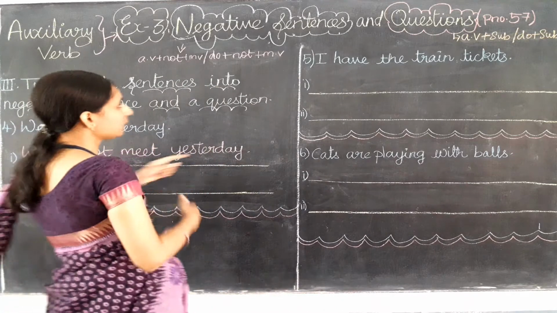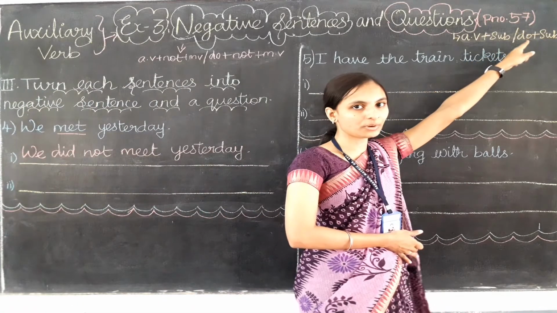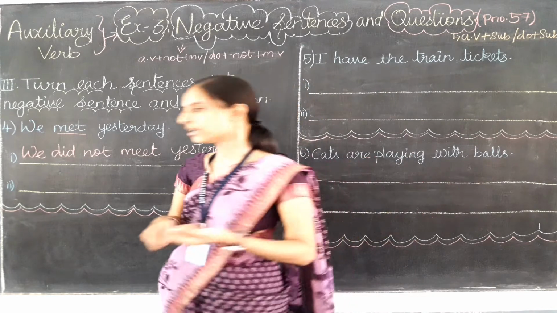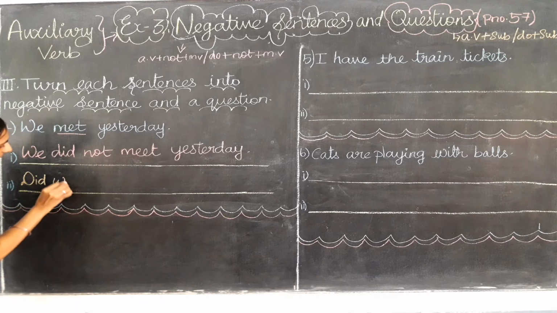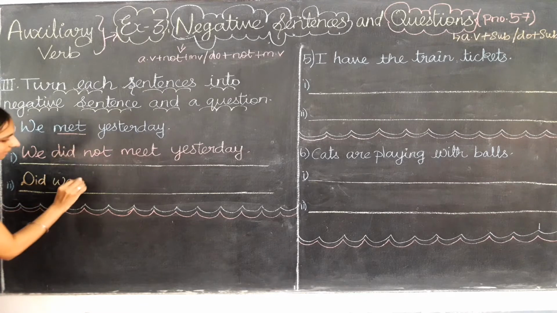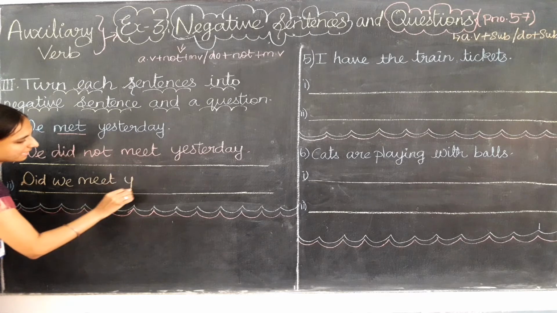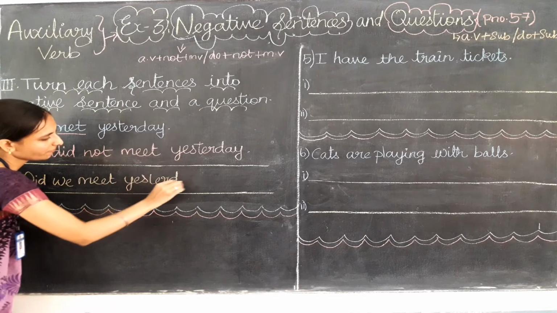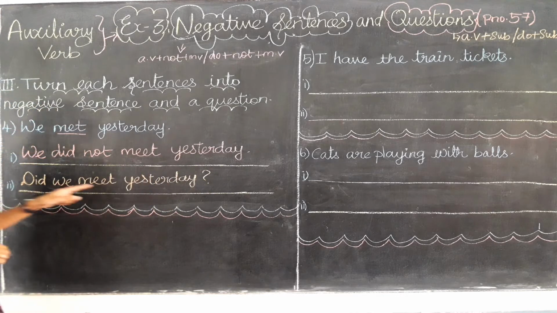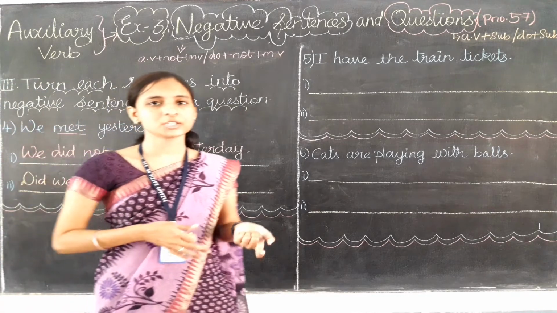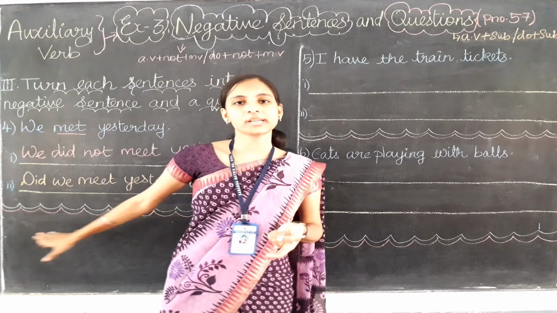So as per the rule, we need to write the do form verb first, then the subject and all other things. So I am going to write the do form verb here, that is did first, and then the subject. What is the subject here? That is we. Did we meet yesterday? And it ends with what? Yes, the question sentence always ends with the question mark. So, did we meet yesterday? Nama nethiki sandishoma is the Tamil meaning. Okay, I hope you are clear with this fourth one.